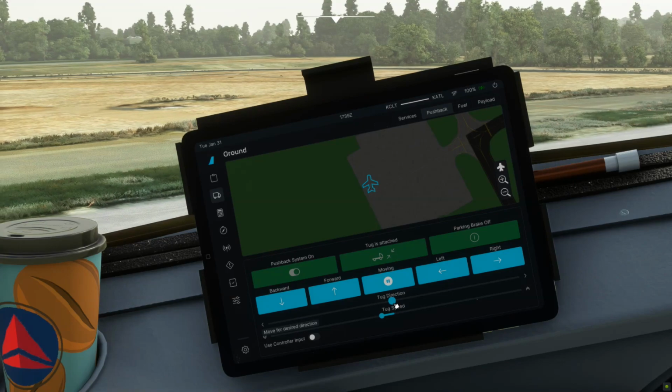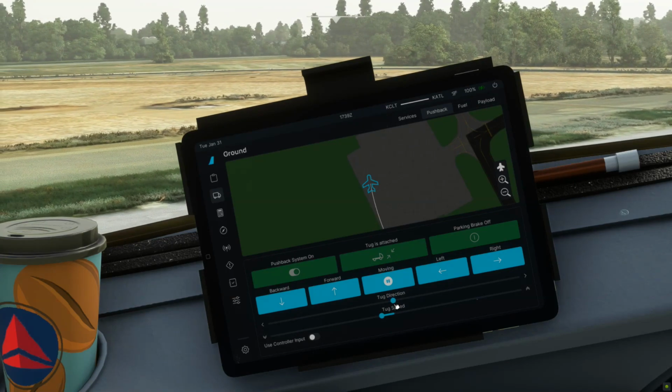For your convenience, this aircraft has three restrooms. One in the front of the cabin and two in the back. You can choose the